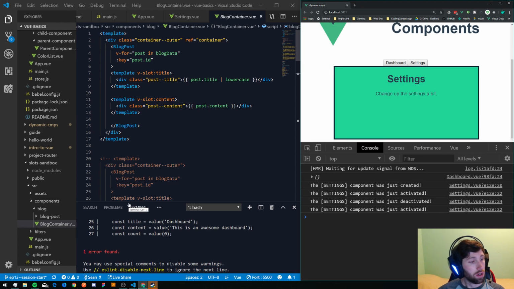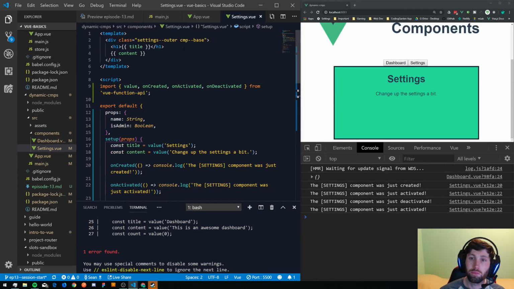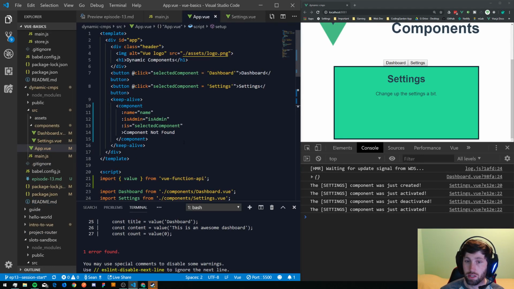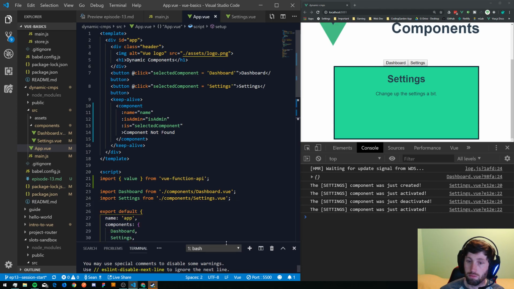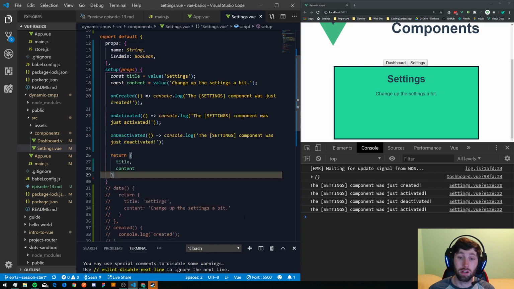So anyways, I hope this has kind of been informative and a nice sneak peek into taking something that we've done in Vue 2.0 and converting it over to use the new Vue 3.0 function-based API that's going to be coming out with the new major version release of Vue. So it's been interesting. I learned a lot. There's more stuff that I want to look into for sure. I can definitely see myself using this a lot sooner than later,